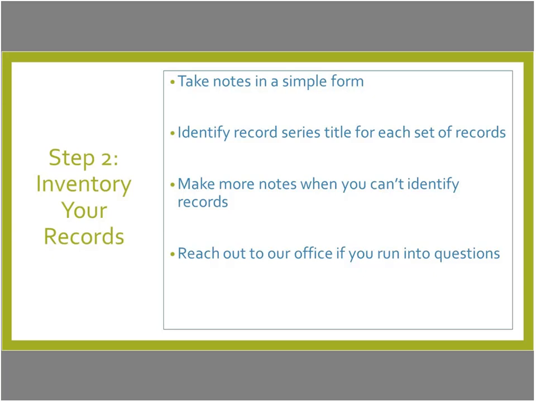So when I say record series title, I mean the record series title in our retention schedule. Something that I'll repeat again is that you may call something by a name that is not the same as the name the retention schedule calls it. So you need to figure out what is actually the retention that covers your record,